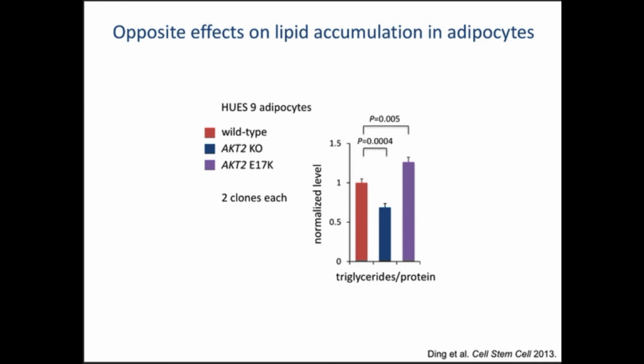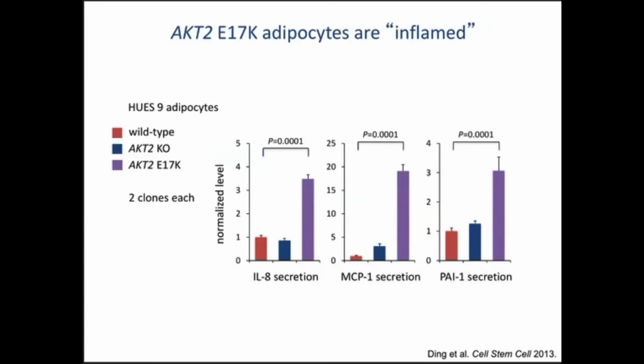The surprise, though, came in the following. When you turn on insulin signaling constitutively in fat cells, they do something that I never thought that they would do. They send out stress signals. And what's interesting about that is there's a lot of ways in which you can grow fat cells, make them bigger, et cetera. It seems to be intimately linked to the insulin signaling and the constitutive insulin signaling that leads to this inflammatory cascade. So the fat cells themselves are sending out inflammatory signals, IL-8, MCP1, et cetera, which are known to draw in macrophages. Those macrophages then basically amplify that signal, and you get that initial inflammatory state, which we know is critical to the insulin resistance and pre-diabetes that establishes in people.